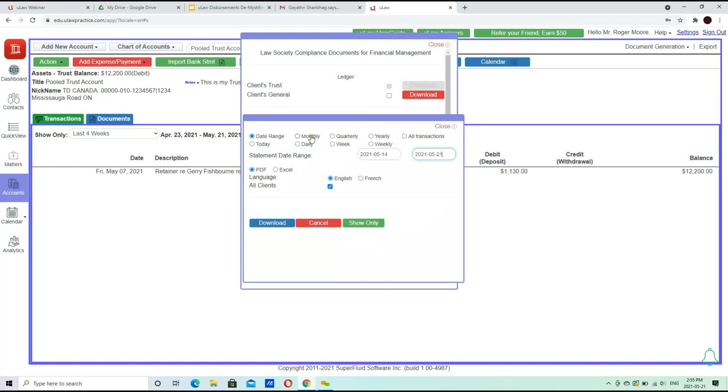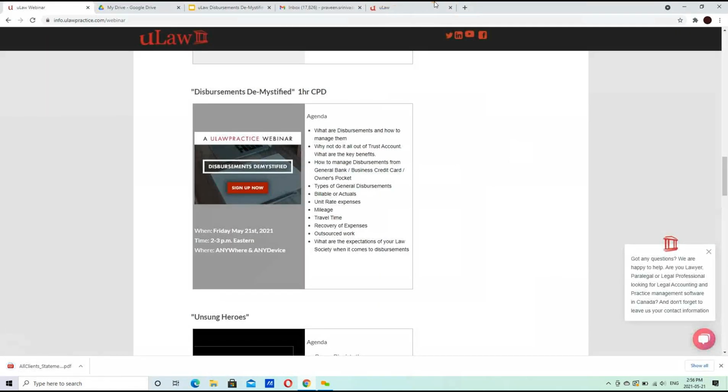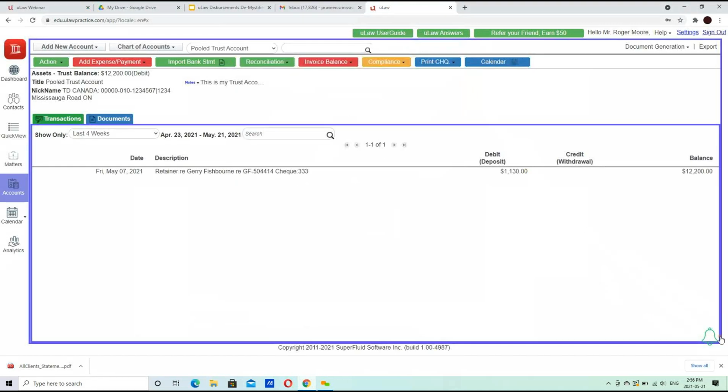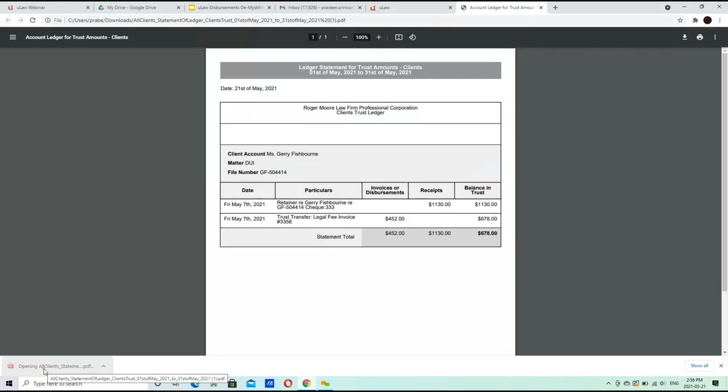And of course, you can do this on a weekly basis if you like. I'm going to do this for the monthly. And you can see for this month of May, there's just one line item for one client, Jerry Fishmore. And that's pretty much the trust ledger for the month of May.